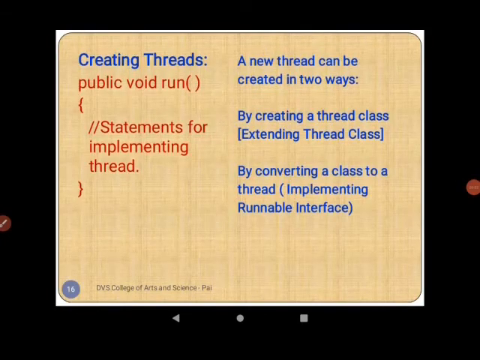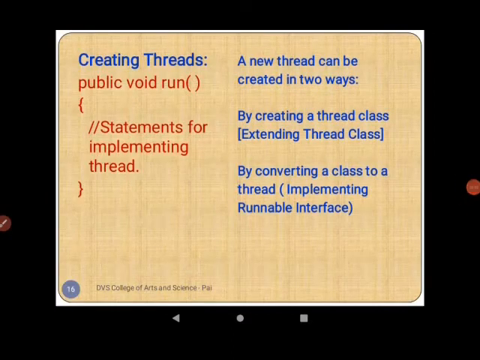Creating threads. Threads are implemented in the form of objects that contain a method called run. The run method is the heart and soul of any thread. It makes up the entire body of a thread and is the only method in which the thread's behavior can be implemented. A typical run would appear as shown below. The run method should be invoked by an object of the concerned thread. This can be achieved by creating a thread and initiating it with the help of another thread method called start.